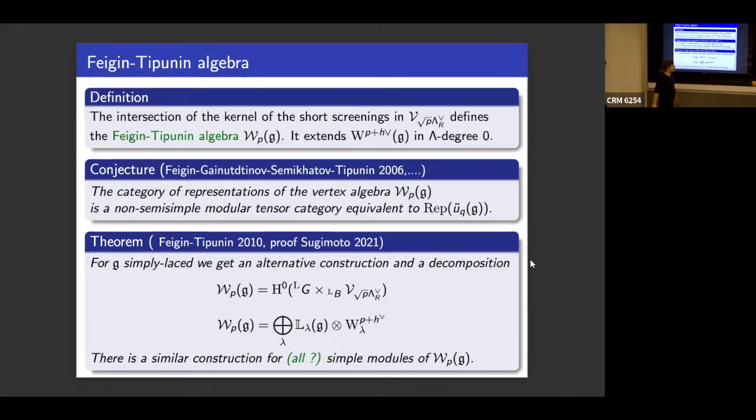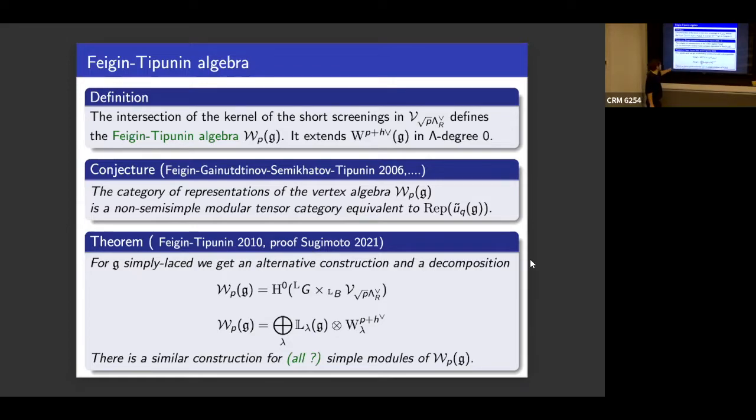So it's one here. And in particular, from this construction, you can get a character formula, because you can use Euler characteristic and stuff like that. And you can get a character formula, and you can show the decomposition of this with respect to the subalgebra and to this G action, which I should have put. I put it last time. So this decomposes into, this is the finite dimensional module of the Lie algebra G, and this is some module of the triplet W algebra.